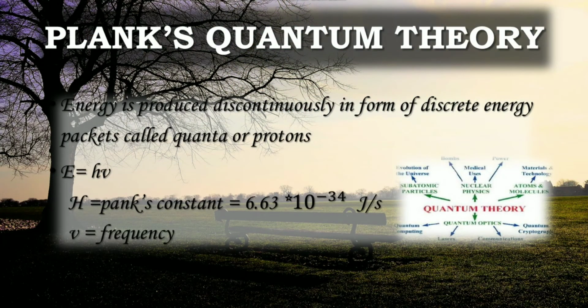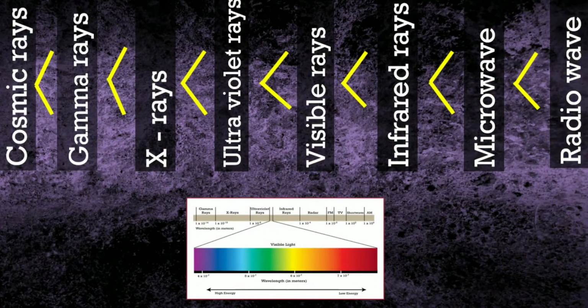Now we will discuss Planck's quantum theory. Energy is emitted discontinuously in the form of discrete energy packets called quanta or photons. He derived the formula E equals hv. Here h is Planck's constant, which is 6.63 into 10 to the power minus 34 joule second, whereas v equals frequency. Now here are different types of rays. First come the cosmic rays, gamma rays, X-rays, ultraviolet rays, visible rays, infrared rays, microwave, and